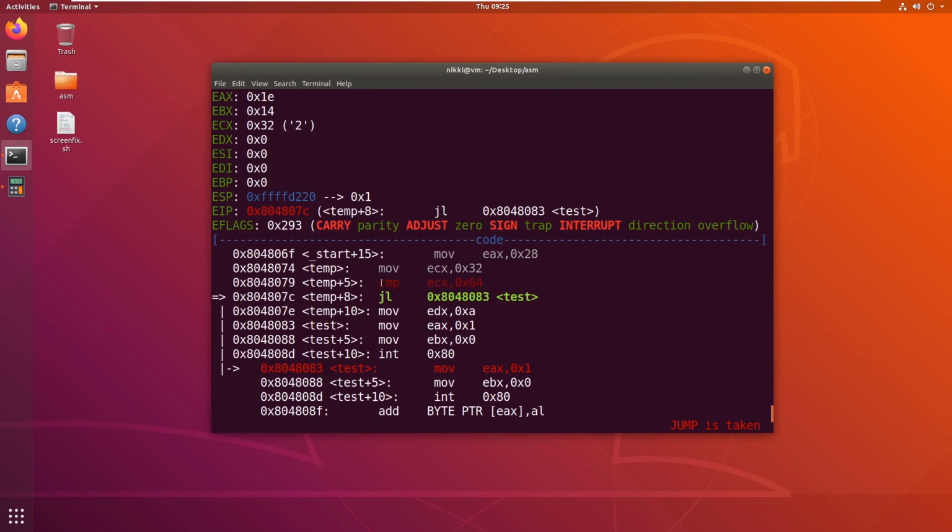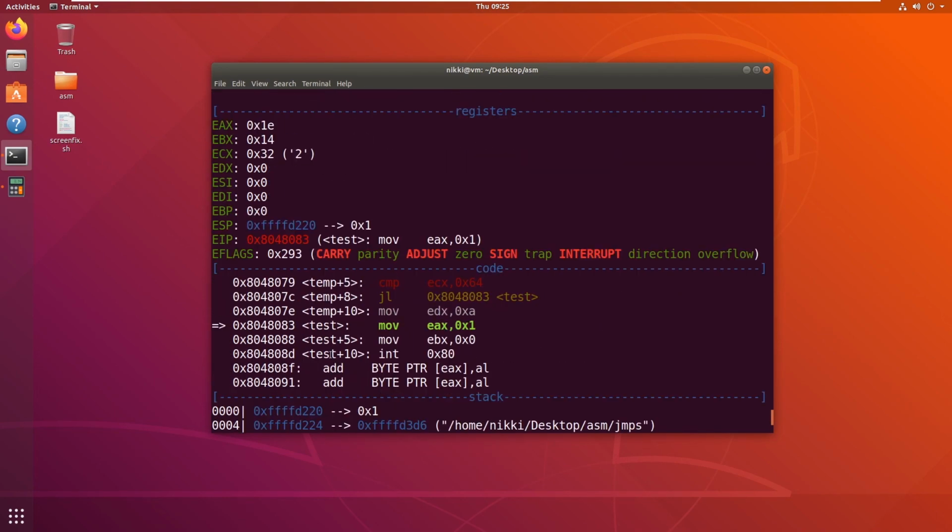Since 64 is greater than 32, this ECX is less than 64, that's why jump if less than, and the program jumps to this test label, and as you can see, move EDX 0xa did not get executed because EDX contains 0. That means the jump has successfully been taken.